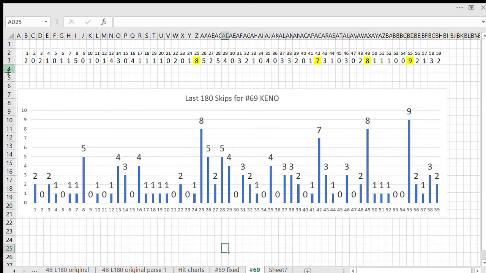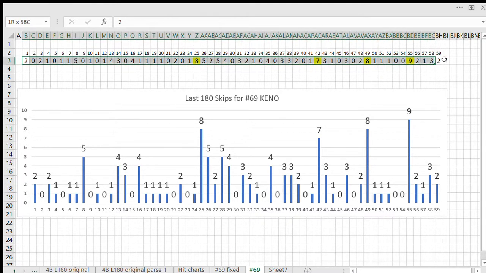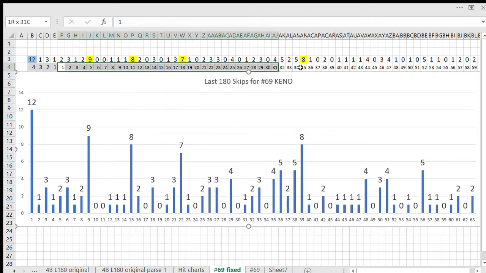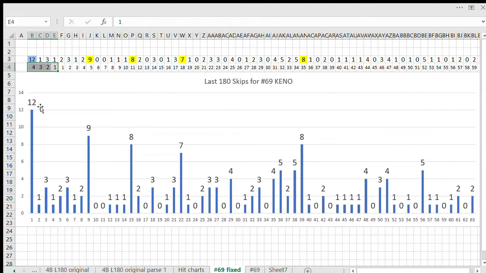So I took the 4B here and I put it here, right? And then you create a chart, and then you have the data. But since it was backwards, I had to fix it, and this is how it goes. Now, this is the data here, right? The 59 hits from the export, and I went back 4 more hits because I wanted to see when the first cold period was, or the previous cold period before this streak. So here's the 12. That was the cold period of the